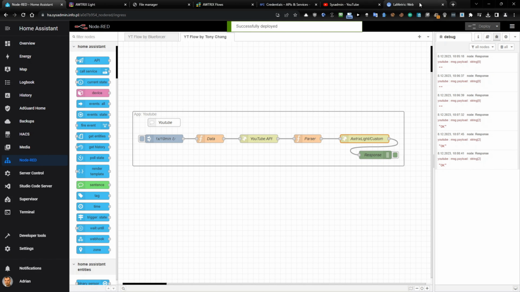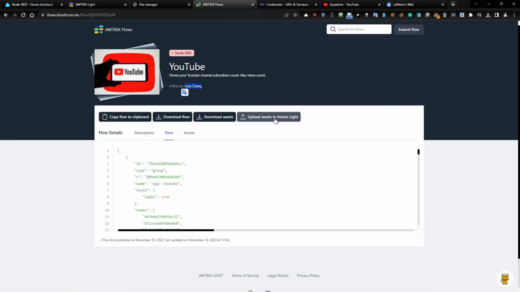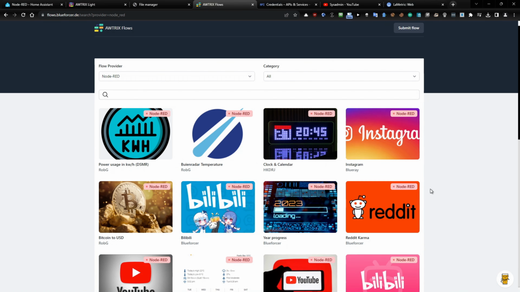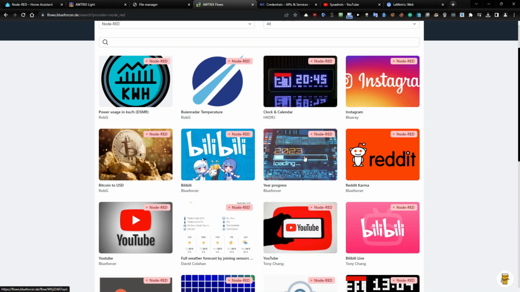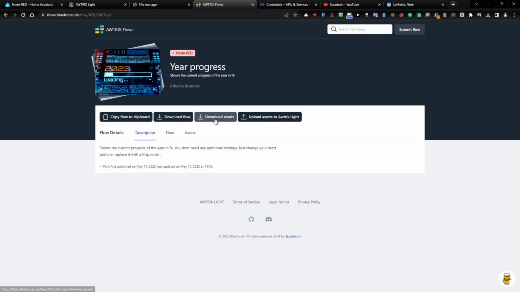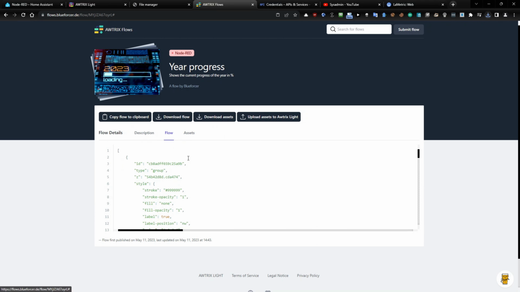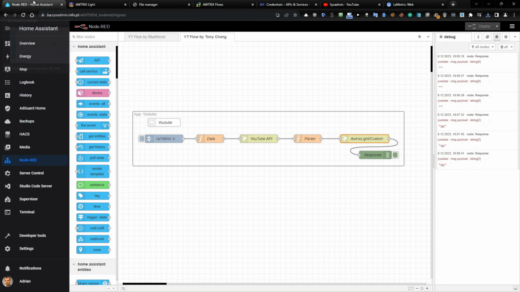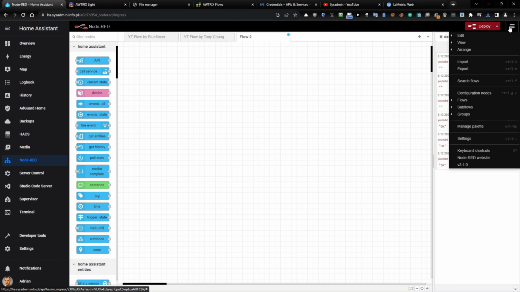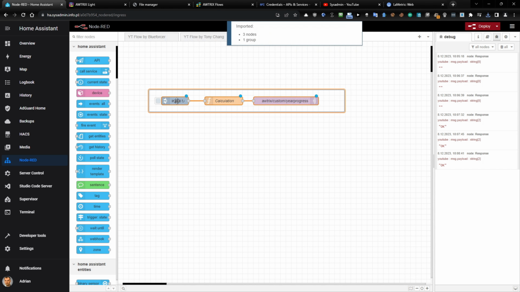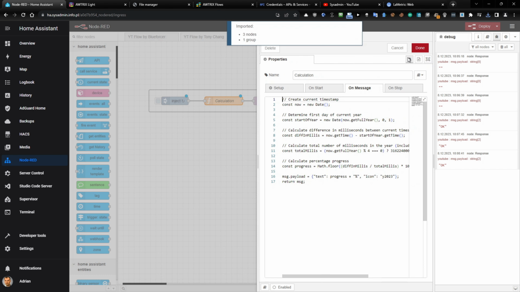So we want to use something else, and we will go to our flows and click on this icon to show all the flows, and then Node-RED, and we want to have something like, for example, year progress. So click it here and download the assets, because the asset is an icon 2023. So download the assets and then go back to the flow, and here we go, copy to flow to clipboard, go to Node-RED, and now you need to open the new flow, import it, 1 2 3, here we go, and it's important, import the copy, here we go, calculation, leave it as it is,